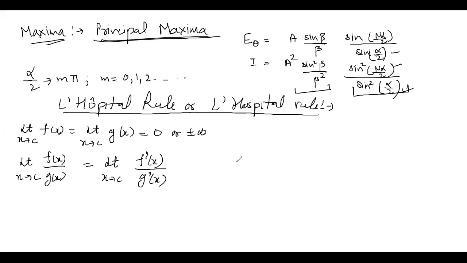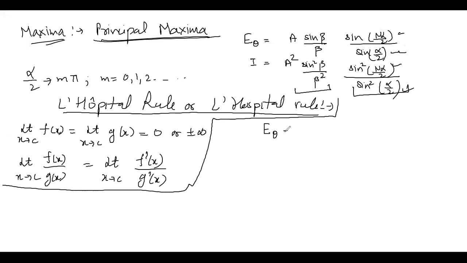Everyone is aware of this rule, right? Yes, we have a similar scenario here. We have our numerator 0, we have our denominator also 0. So what I can do in this case is that I can say that my E theta, which is given